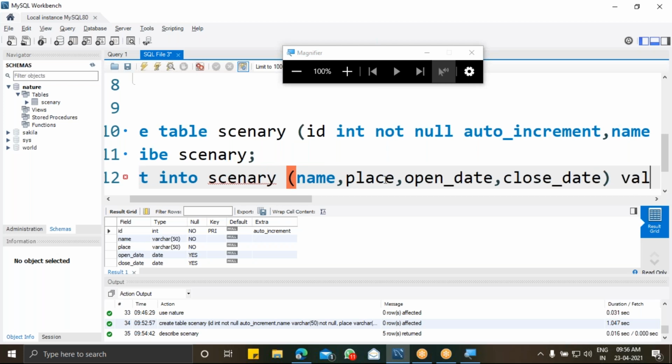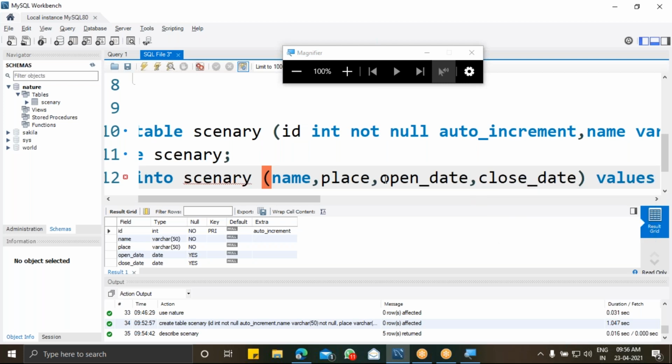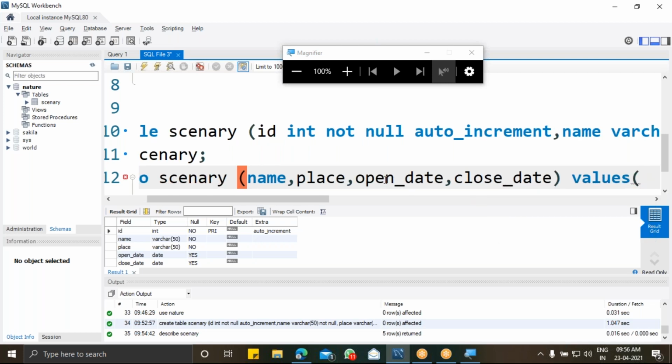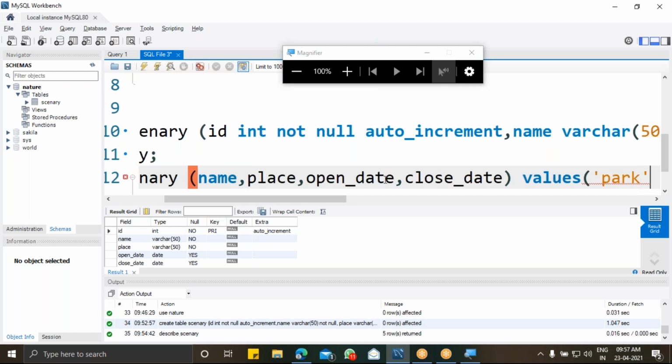So for that I have to use values. For the first one, name is a varchar, so I have to insert it with characters. Here I have to use single quotes, which will allow me to insert it as a string or varchar. So the name is going to be, I'm keeping it as a park. So if I want a park name, that is going to be